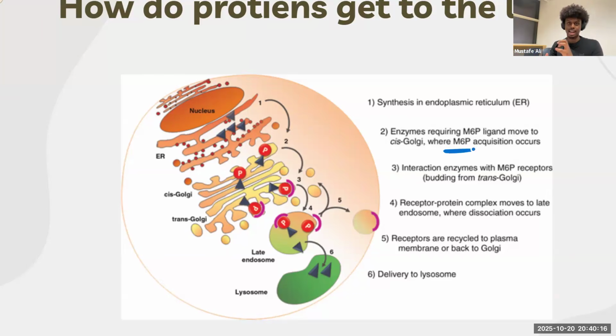Once this mannose is added onto this protein, it is then taken in a vesicle, and then it goes towards the Golgi. We talked about how one of the modifications in the RER is that they produce these transport vesicles, which can transport proteins to different places. So once the mannose group has been added onto the protein, it will then go towards the Golgi.